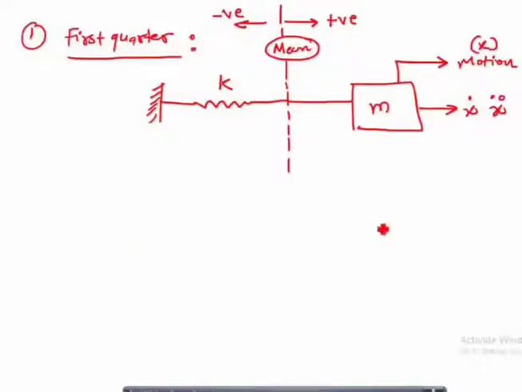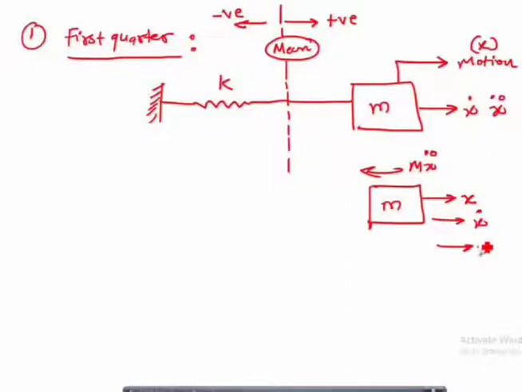Now let me draw the free body diagram of this mass. The motion is towards the right side. So the inertia force is nothing but m x double dot, opposite to the acceleration. Acceleration is acting in the direction of x dot and x double dot. Now the frictional force, Fr. As I said, Fr acts opposite to the velocity x dot. And one more force, kx, which is the spring force. In the displaced position, as I said earlier, kx will act opposite to x, m x double dot will act opposite to x double dot, and Fr will act opposite to the displacement. Now this is the free body diagram.